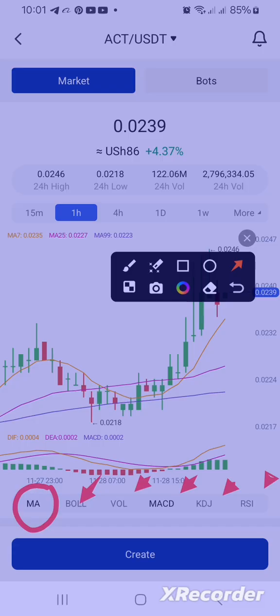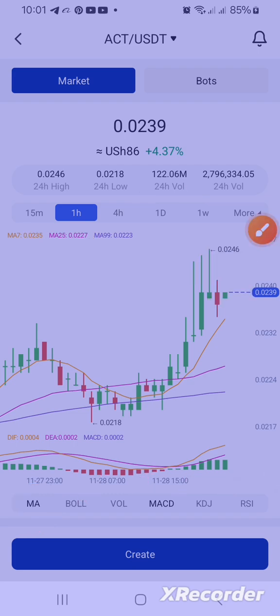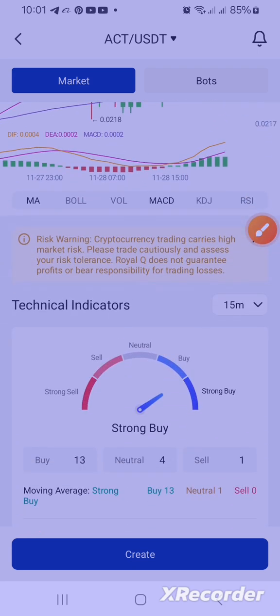We have other indicators also. The time: we have 15 minutes, 1 hour, 4 hours, and 1 day, 1 week, and so on. Those are all indicators. For example, you can enter in 15 minutes, in 1 hour's time, in a 4 hour time frame, like that. We have indicators also here,